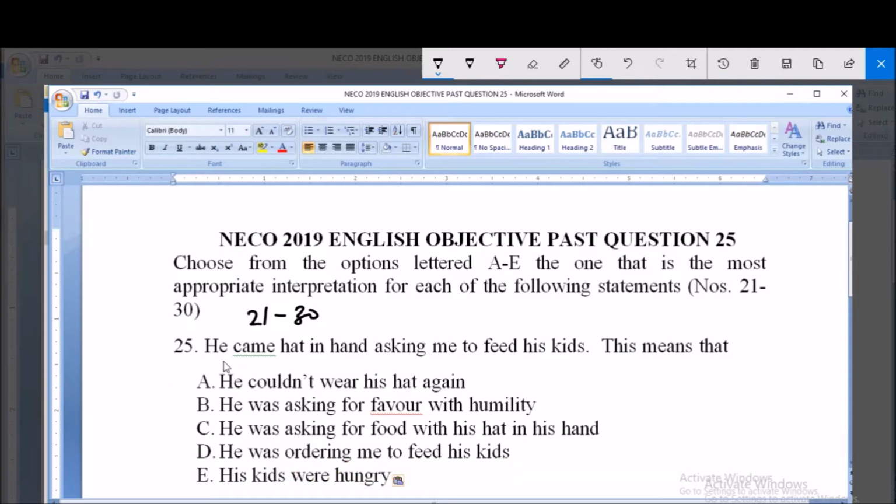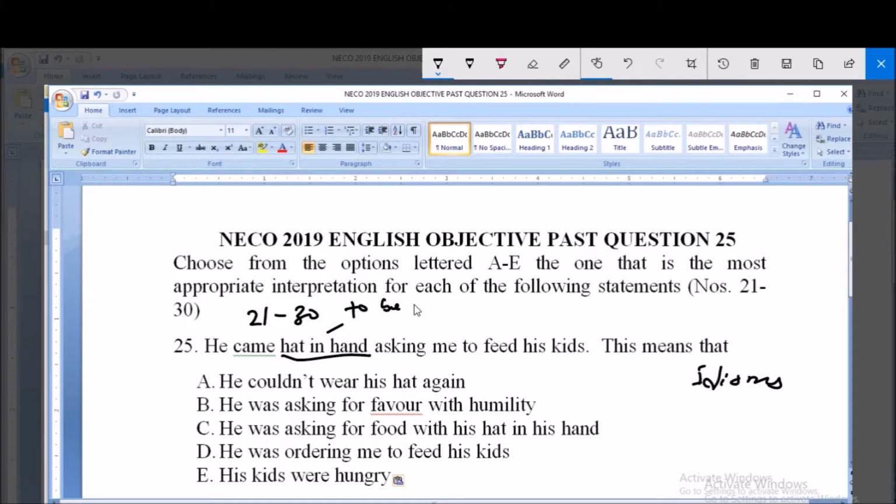The sentence here says, he came hat in hand asking me to feed his kids. He came hat in hand asking me to feed his kids. This means that. Now remember that we are talking about idiomatic expressions, idioms, and our focus is hat in hand. For something to be hat in hand means to